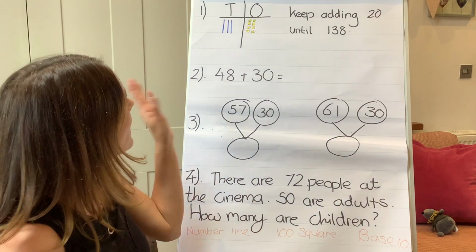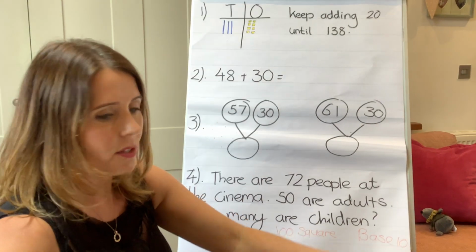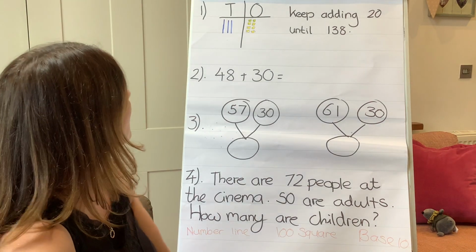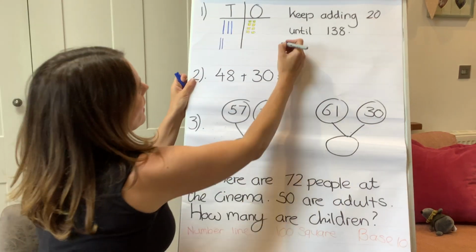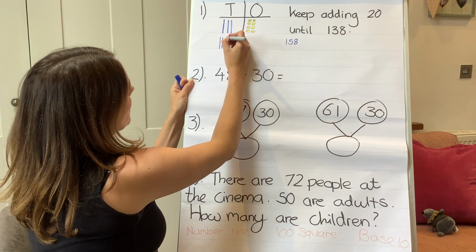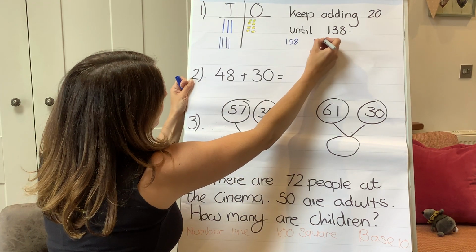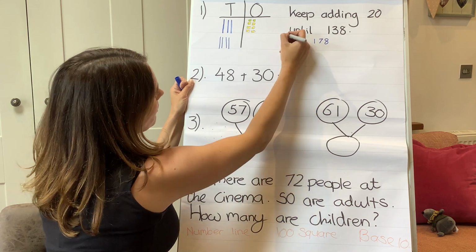Okay, so keep adding 20 on each time until you get to 138. So if we add on 20, we will get to 158. We add on another 20, we will get to 178, because now the tens digit